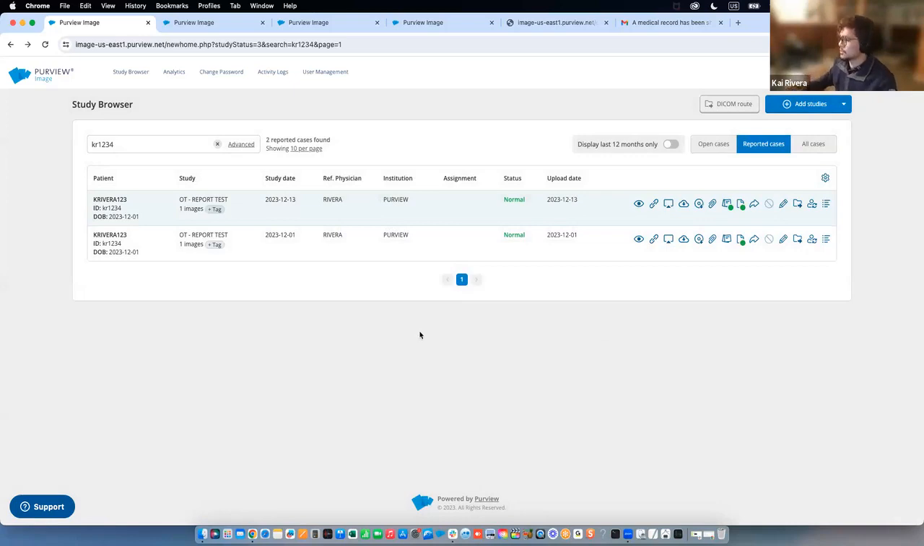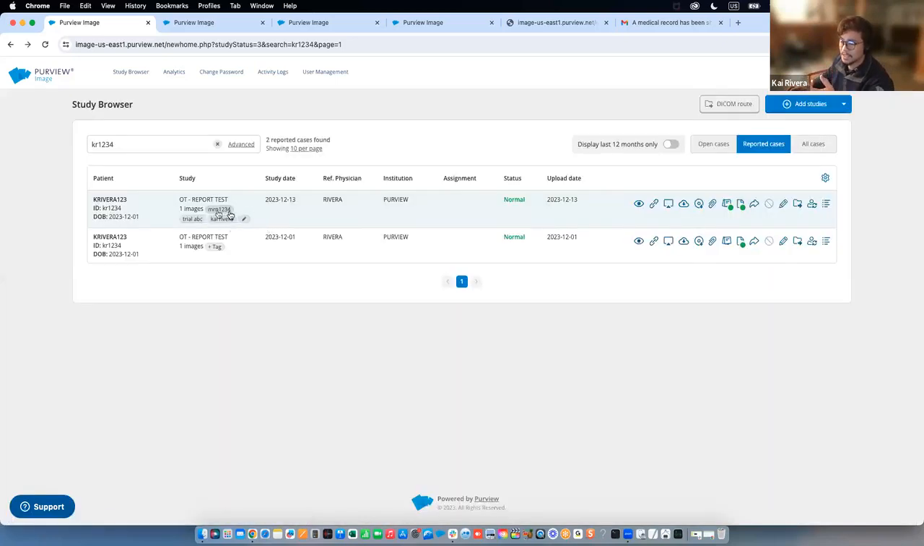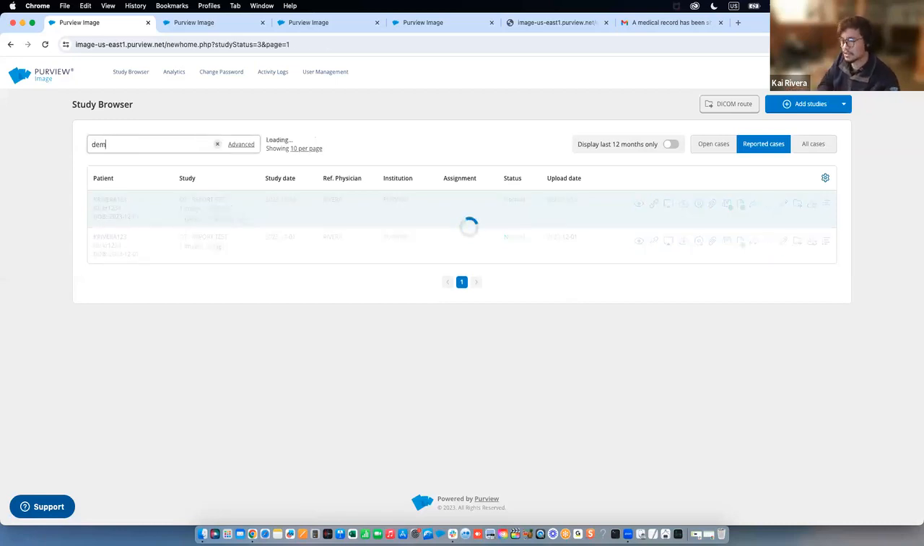But if you are responsible for the images and you don't want to change it, you can also use something like the tag feature that we have here. You can add anything that you want, whether it's a MRN1234, or if you want to say this is for trial ABC, or you might even just type in somebody's name. You can add it to the tag so that it'd be searchable and associated with that particular patient. So if I go to KRivera1234, add these tags,